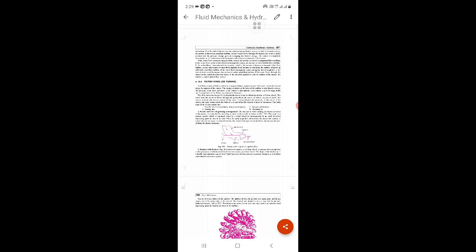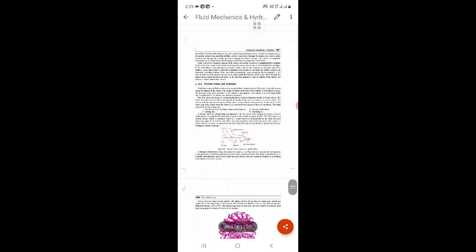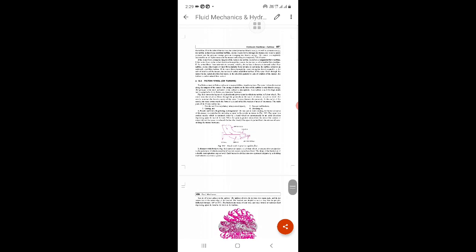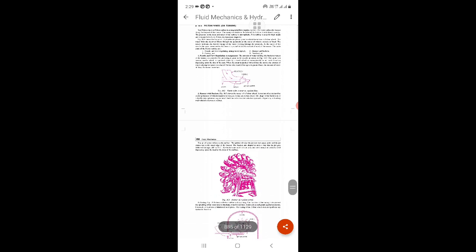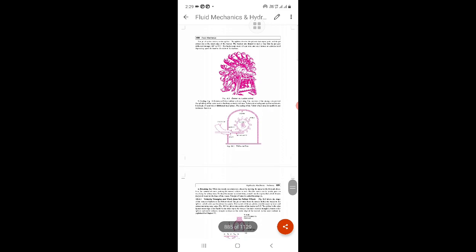It is a tangential flow turbine. The flow in that, the water strikes the bucket tangentially. The energy available at the inlet of the turbine is only kinetic energy, and the pressure at the inlet and outlet of the turbine is atmospheric pressure. Sir L.A. Pelton is an American engineer who found out this turbine. So firstly, draw the turbine diagram.